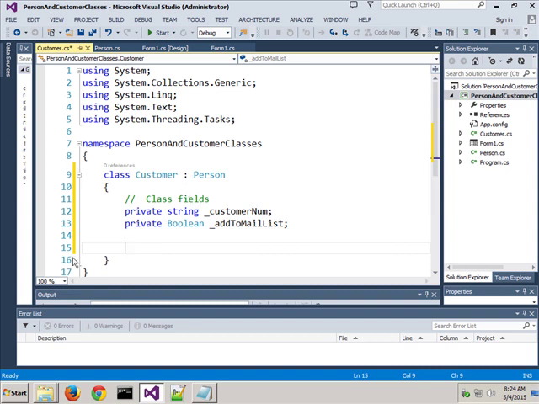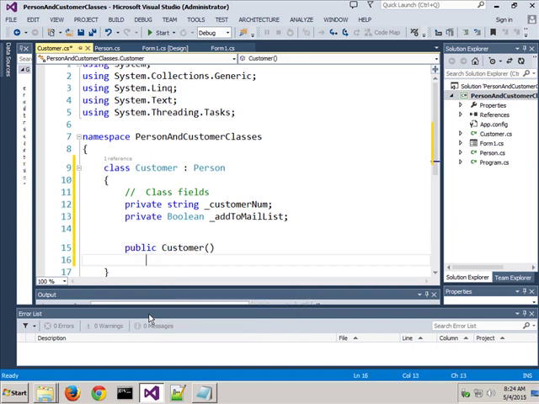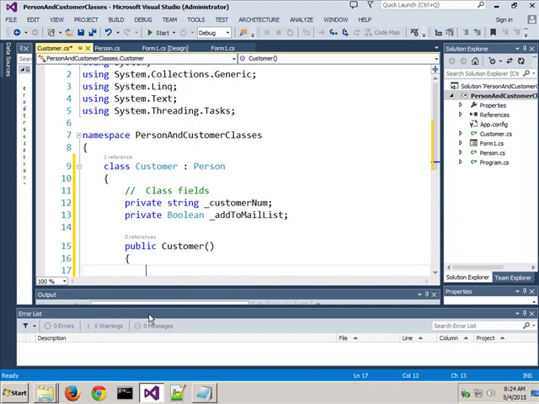I hit enter there because I want to make sure that that stays inside of that curly brace. Okay. Now, we could do anything we wanted to do here, but what I'm going to do is, this is my constructor right here,